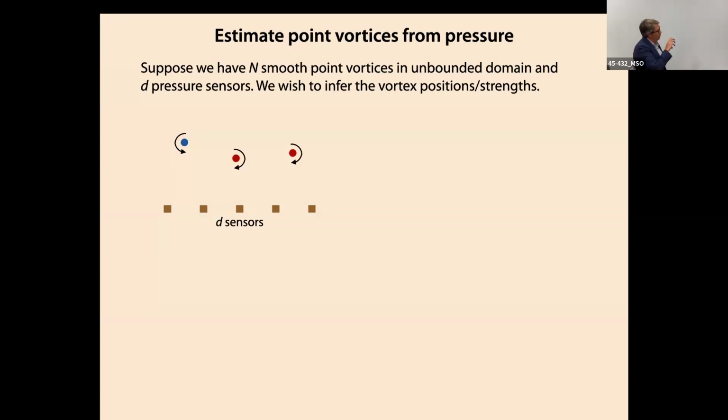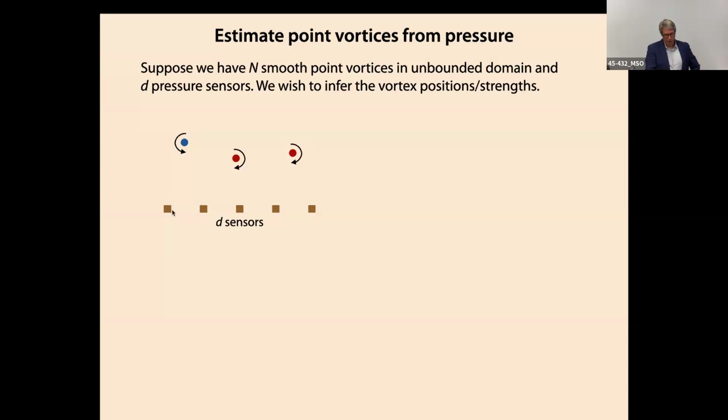Okay, so these are just a few point vortices sitting out in space here. There are no surfaces here, just infinite space, and I've got a few pressure sensors sitting in this little arrangement here. I'm just going to take those pressure measurements, and I'm going to try to infer where these vortices are and how strong they are. Each vortex is two-dimensional, so every vortex has 3 pieces of information: an X position, a Y position, and a strength. And the strength could be either sign, positive or negative. Okay, so that's my objective.